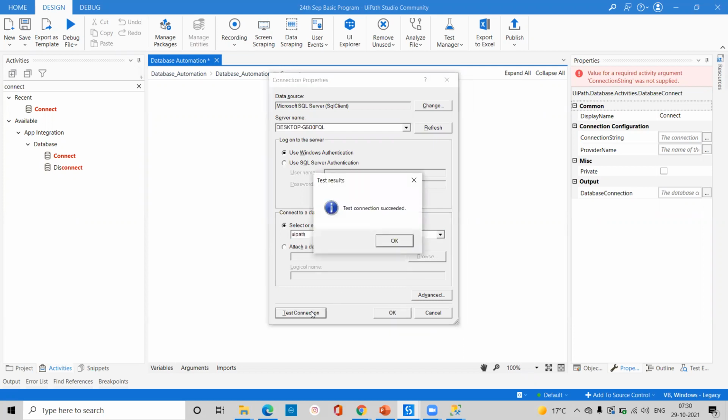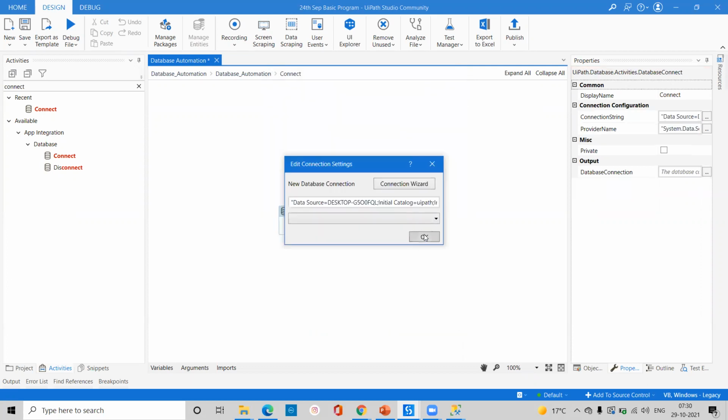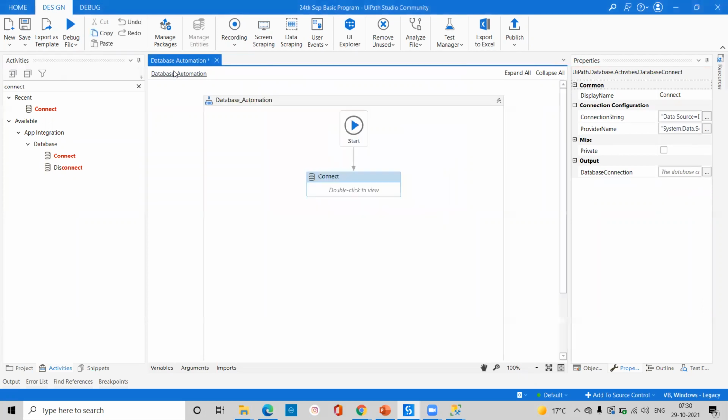If your database is already connected, it will show success. If not connected, it will show it failed. Okay, so let me click on the OK button. After configuration of the database, we'll try to extract the data.